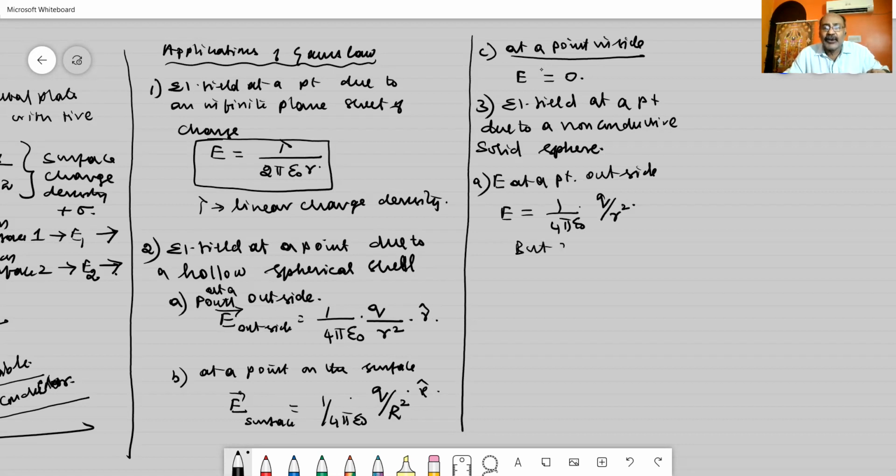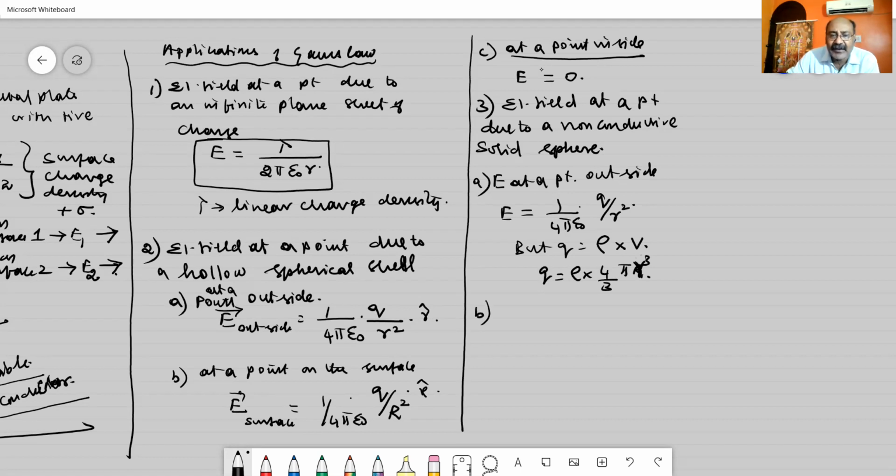But here, what is Q? Q is rho multiplied with V, isn't it? Charge per unit volume, V is for volume. So we can simplify this like this. Q is equal to rho into the volume, which is 4 by 3 pi capital R cube. Like this, we have studied this. Then the next one: the volume is small r cube, not capital R cube, small r cube, because the distance is smaller.